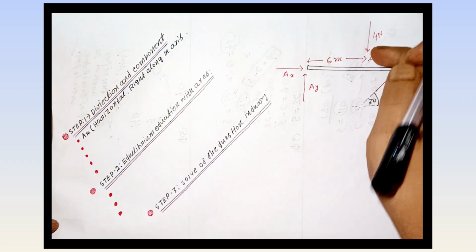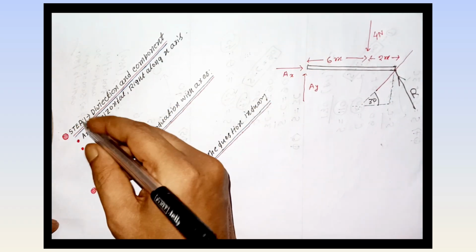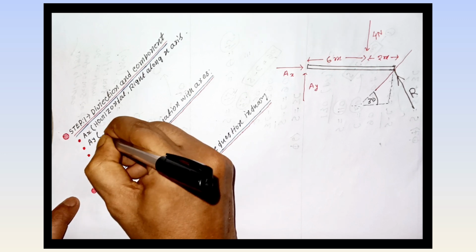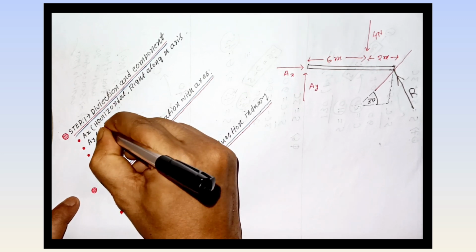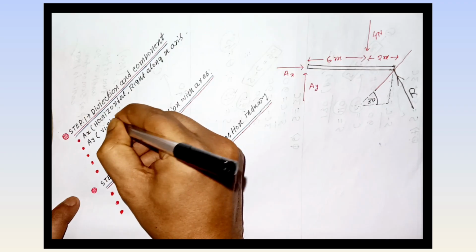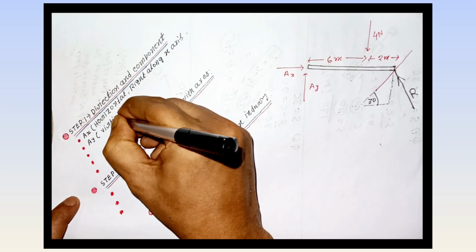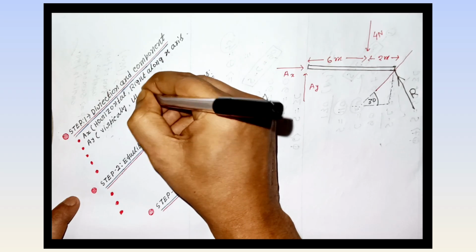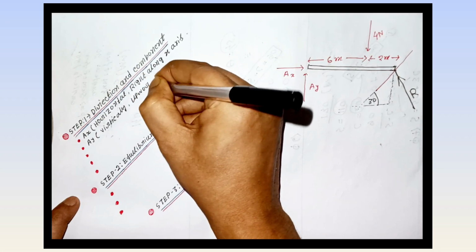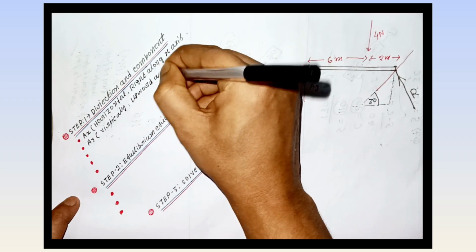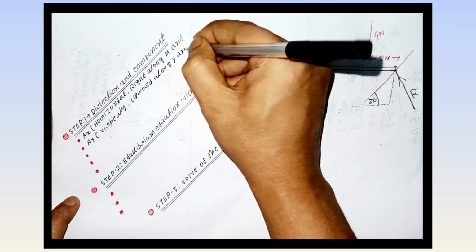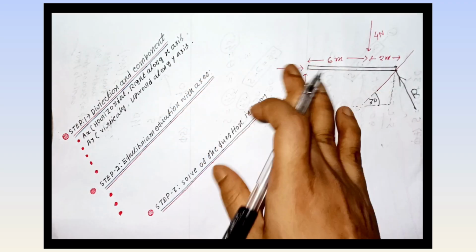Okay, now AY is obviously upward, because the given force 4 newton is downward and we know the system is in equilibrium. Then AY and 4 newton have to cancel each other, that's why 4 newton is downward, then obviously AY is upward, along the y axis, vertically. You can write it as AY vertically upward along the y axis. Okay,